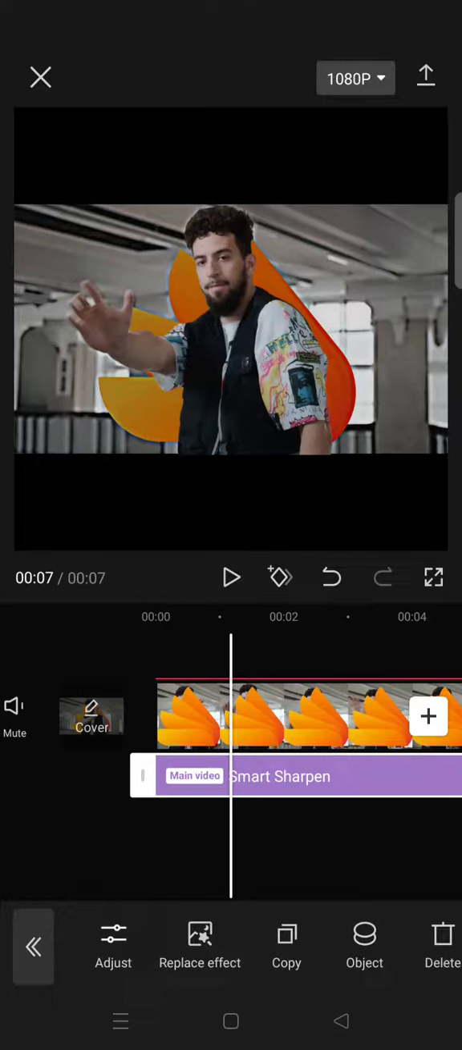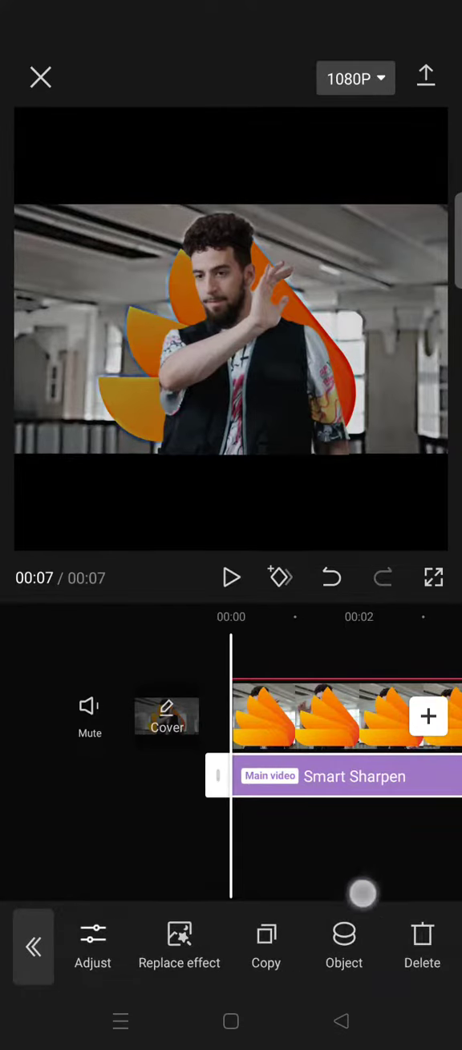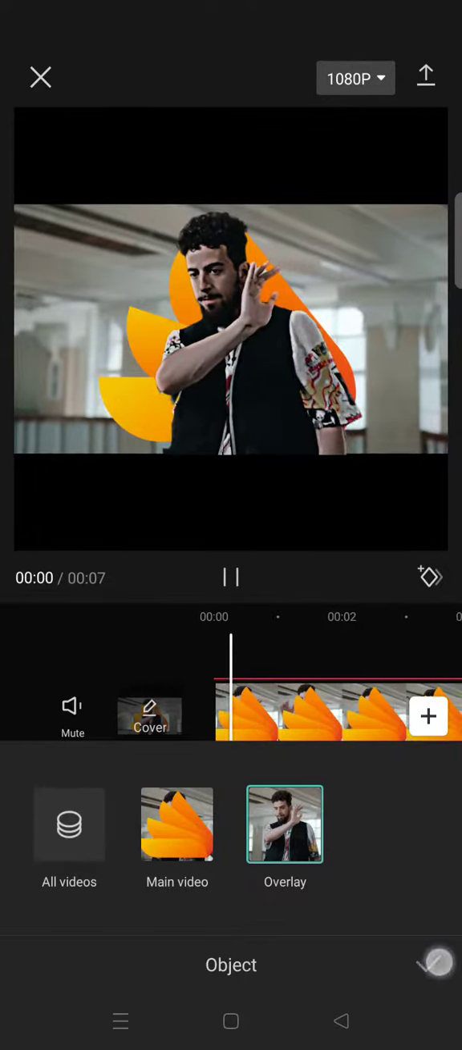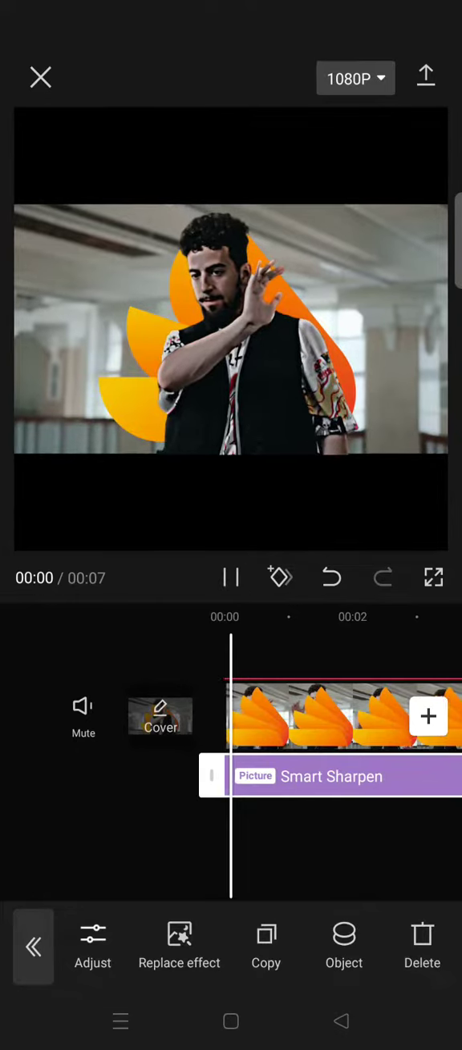effects is applied to the main video, but I want it to apply to the overlay. So what you need to do is just click on the effects and then find object, and then in here change the object from main video into overlay. And after that, just click on the check icon, and there you go, the smart sharpen effect is now applied